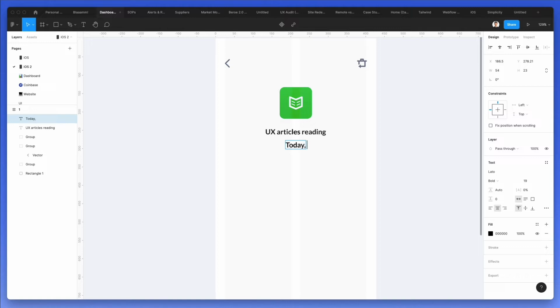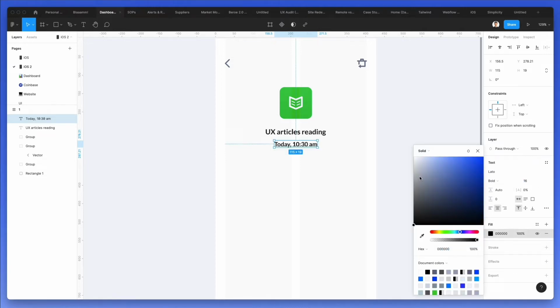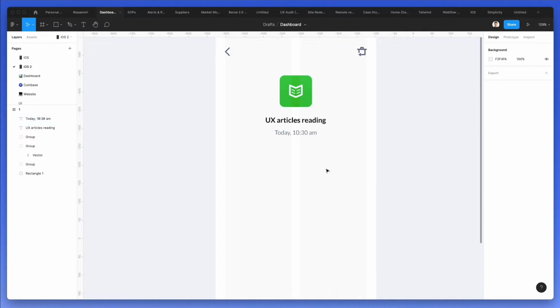Let's write here today, 10:30 a.m. Let's make it even smaller. And let's give it a more grayish color. Probably let's opt for regular. Okay, so light gray, but not too light, so we still keep the